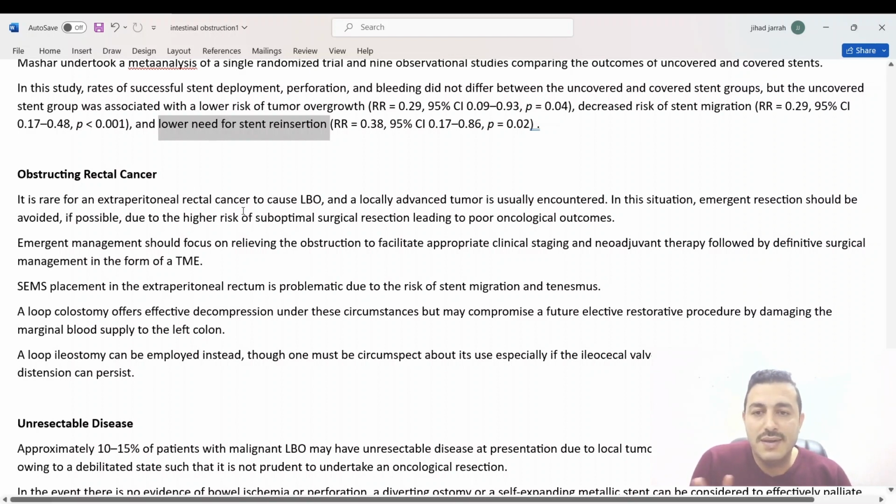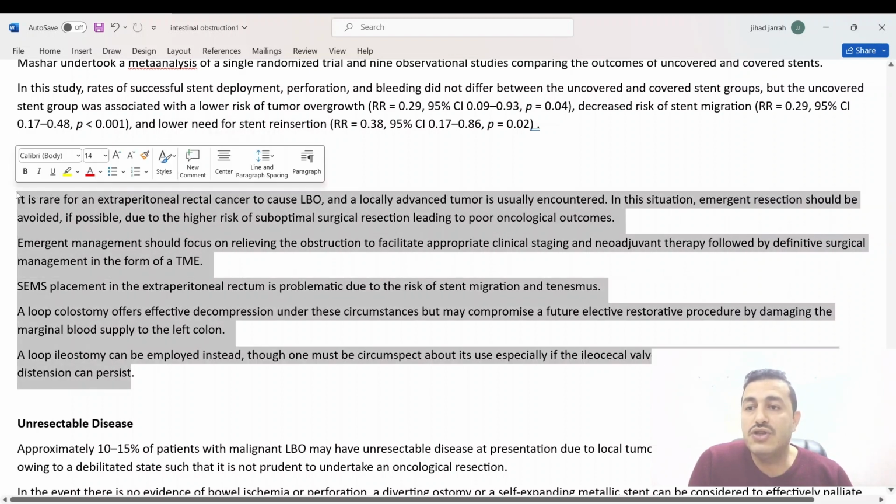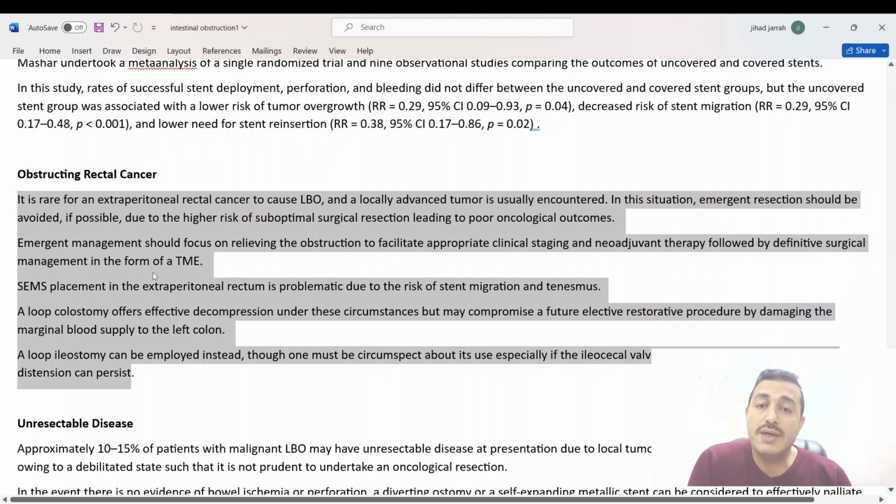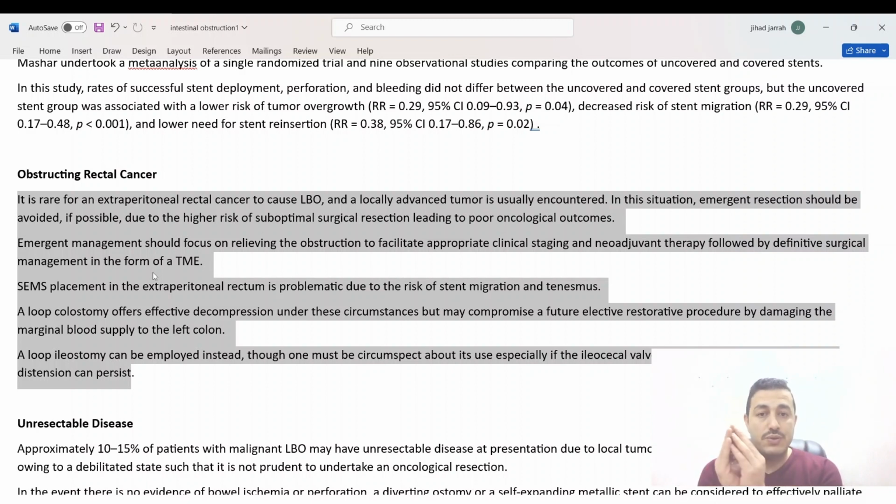I think you can check this information in a better literature. I don't think that this is the best literature to view the differences between covered and uncovered stent. Why? Because we just know the parameters between covered and uncovered stent. This lecture is not the best place to review these parameters, because in some places,